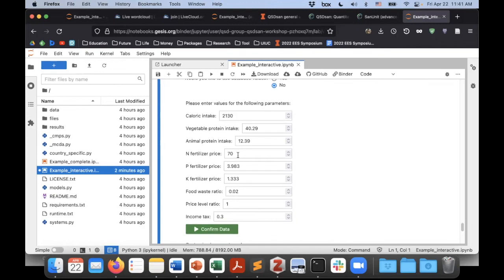But this shows you the capacity of QSDsan together with DMsan. There are a lot of things we didn't get time to cover here. One question we get whenever we talk about LCA is, oh, but we need those inventory data. How do we get those inventory data? If you're using ecoinvent, there's a little package we made to help you retrieve data from ecoinvent and then pass that into QSDsan and use it. And then for the DMsan, just